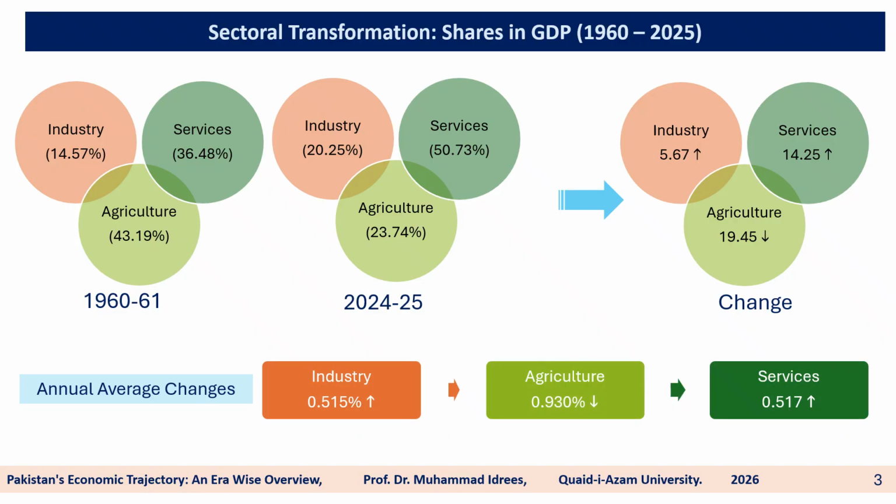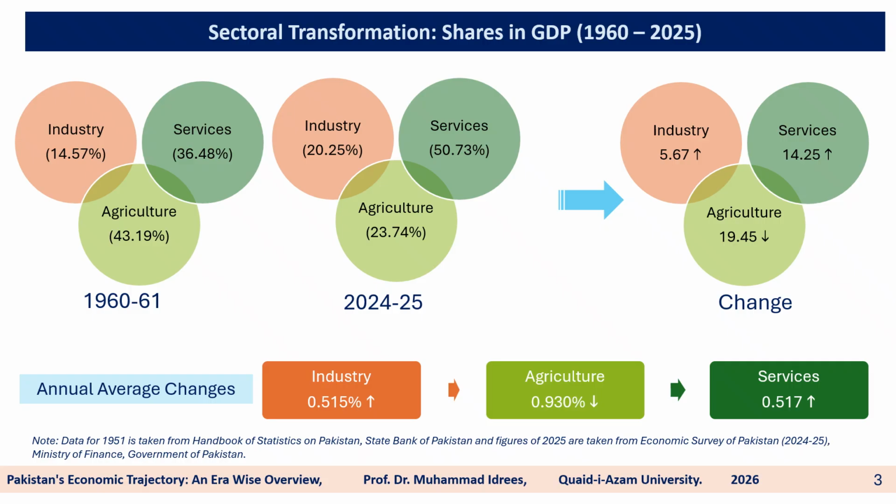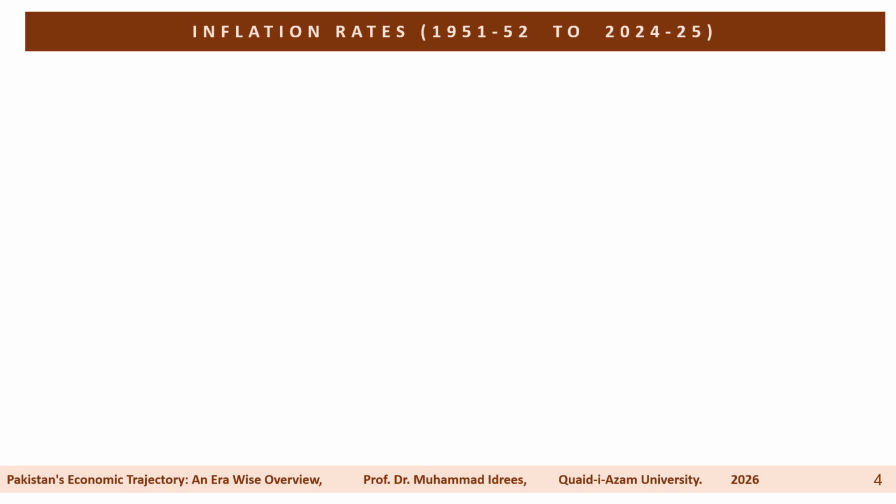The share of industrial sector during this period on average has increased by 0.51% per year. The share of agriculture sector has declined by 0.93% per year, while the average annual share of services sector has increased by 0.51% during this period. Now, after discussing the sectoral transformation, we will look at the trends in inflation rates from